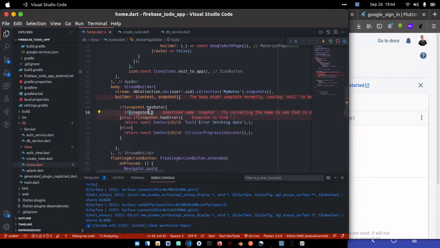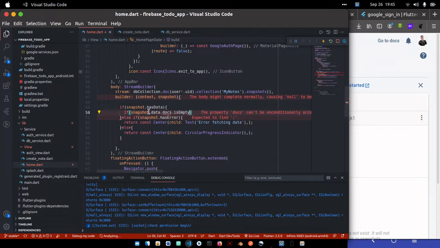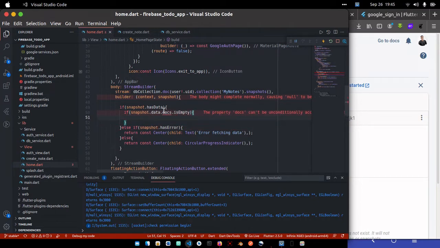Okay, I think I didn't spell that properly. So if snapshot.data.docs, I should be able to access docs.isEmpty. Okay, so if it's empty, docs just... okay. The reason why I can't get this getter docs is because I'm supposed to use